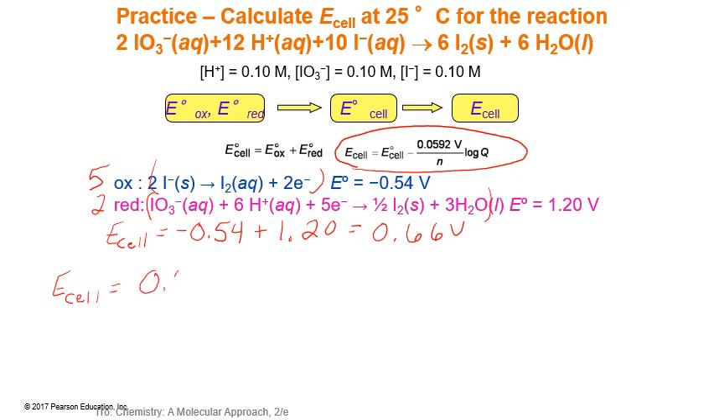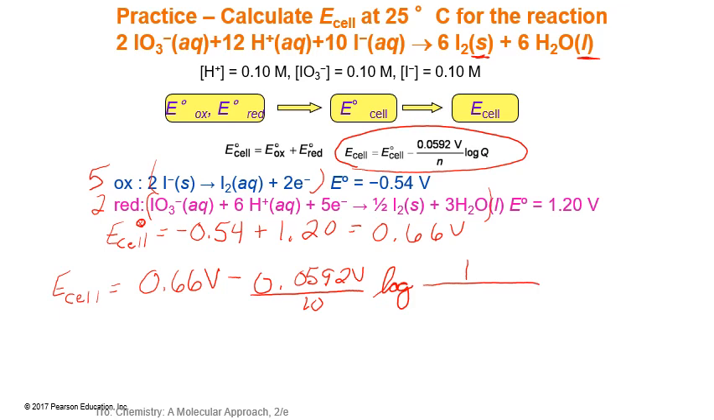So our standard potential is what we calculated for the cell under standard conditions, minus 0.0592 volts over 10 electrons times the log of products over reactants. And in this case, our products are both not included in our equilibrium constant expression because they are both liquid and solid. So we're going to have 1 over